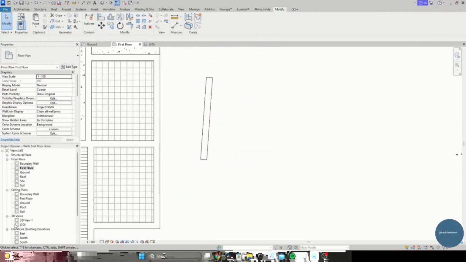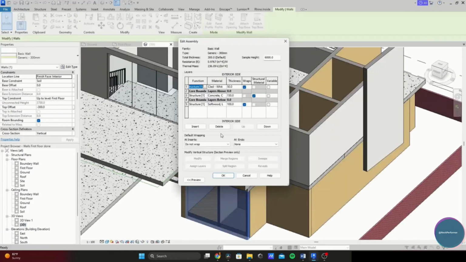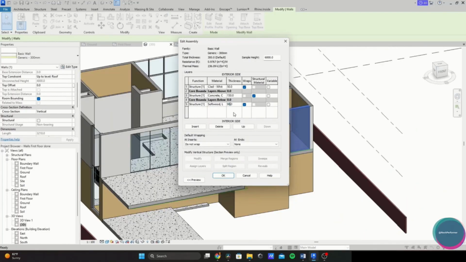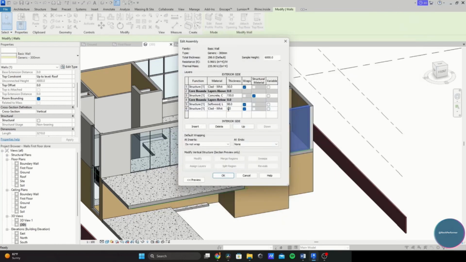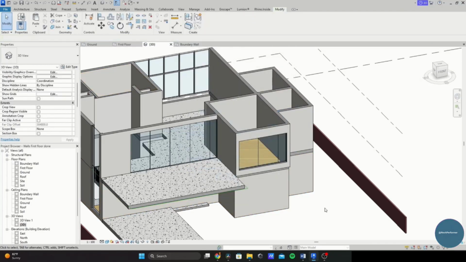And OK. Now I'm going to 3D view. While you're doing this, you can simply click Finish. And this we have finished too, and this is our structure. Click OK, and click Apply. Or I can simply go for this and make it 98 and insert another one. Bring it down and make it the same, clear white, click Apply, and now you have the same material all over.